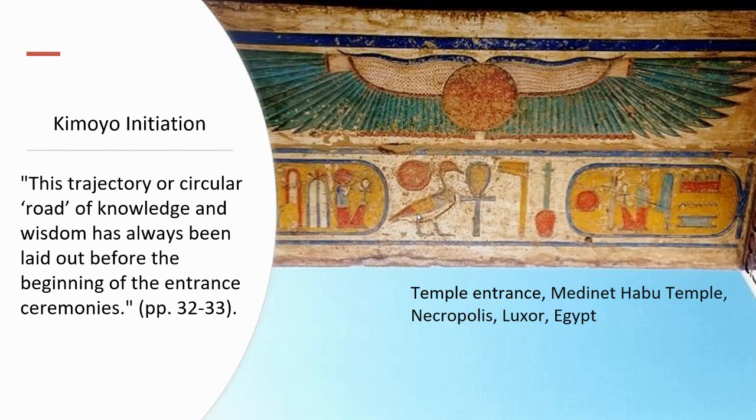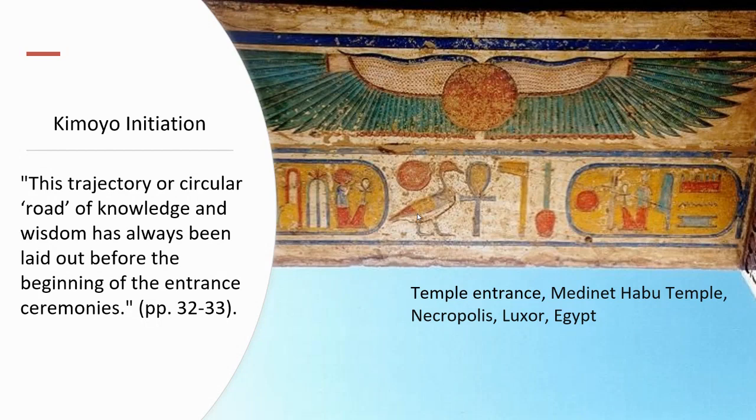So they would draw these symbols, kind of like the one that you saw earlier in terms of the Dekinga cosmogram, representing the path and the following of the sun. So at the entrance of different ceremonies or initiations, they would draw this to remind the initiate what you're doing. You're following the path of the sun.